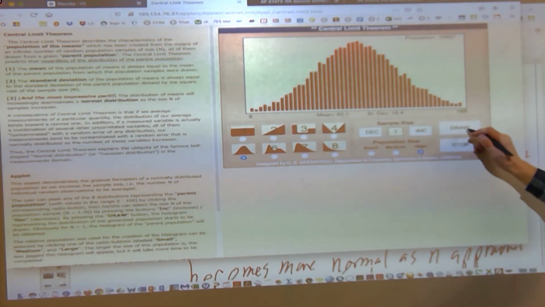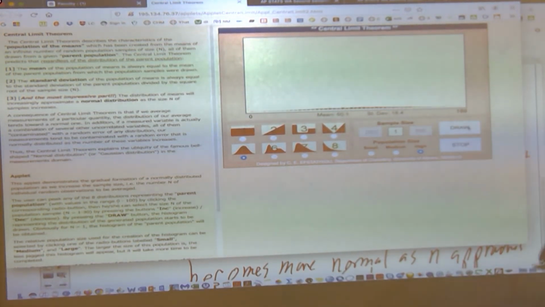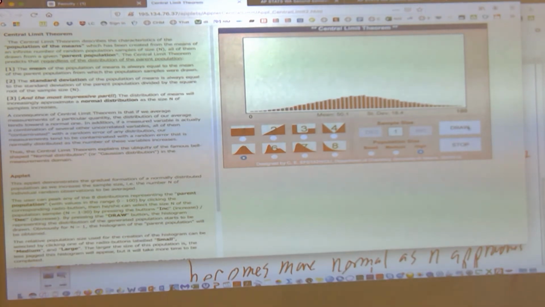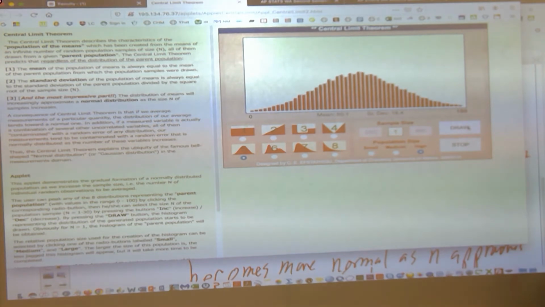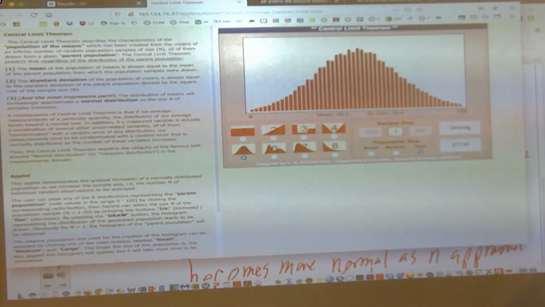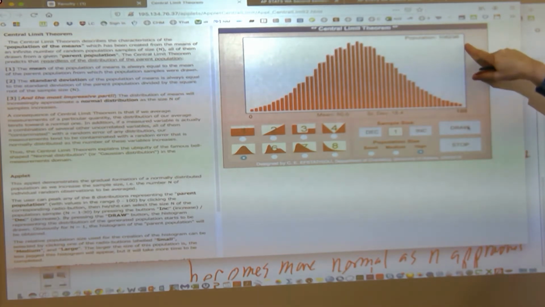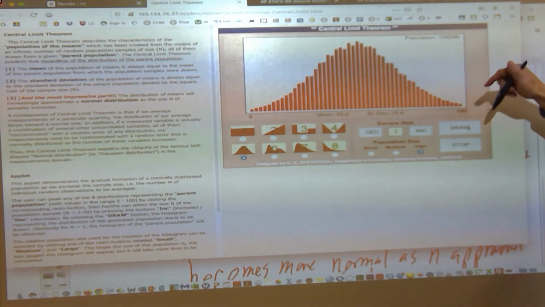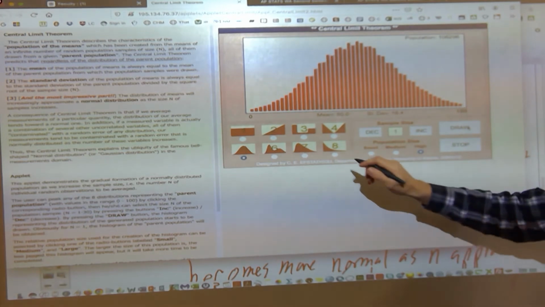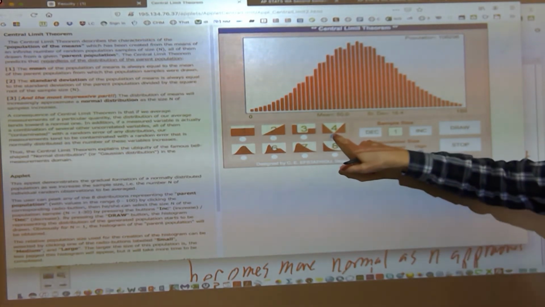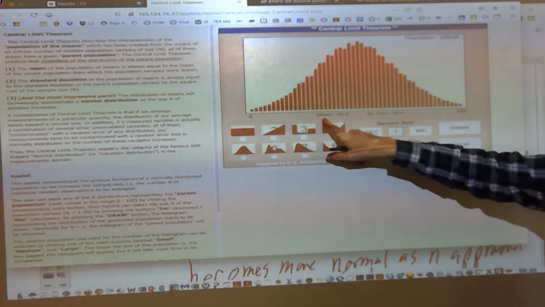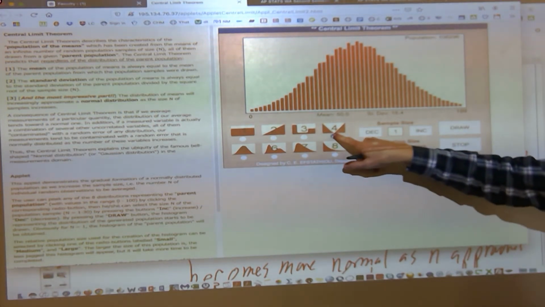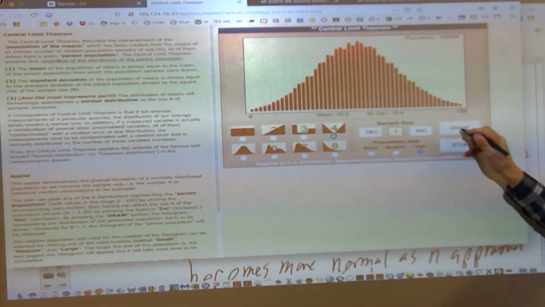How many x bars are we going to take now? Well, it takes longer for the computer to do this because it's randomly calculating samples of size 1 in a normally distributed population. And it's probably going to be a pretty big number here. How many x bars? 106,000 x bars. But what if we have a population that looks like this, where no one is of average height? You've got a lot of really, really short people, a lot of tall people, but no one is in the middle. We take samples of size 1.